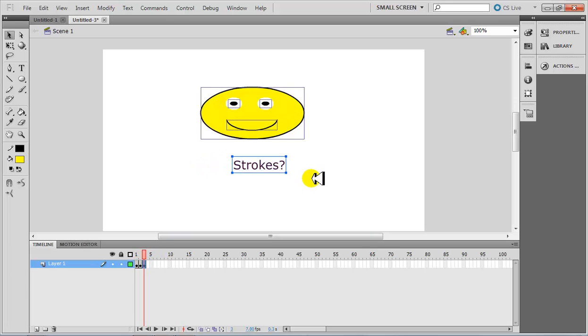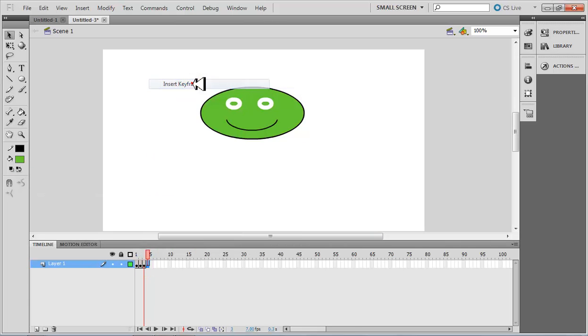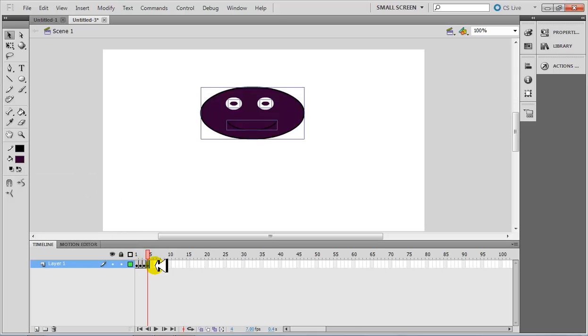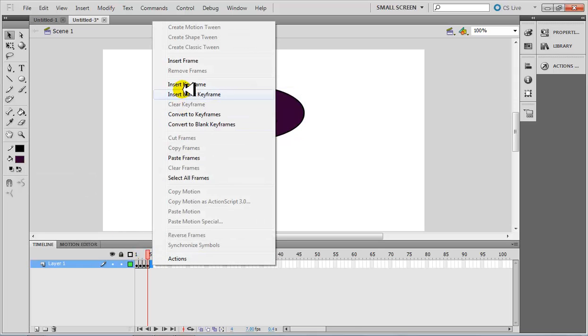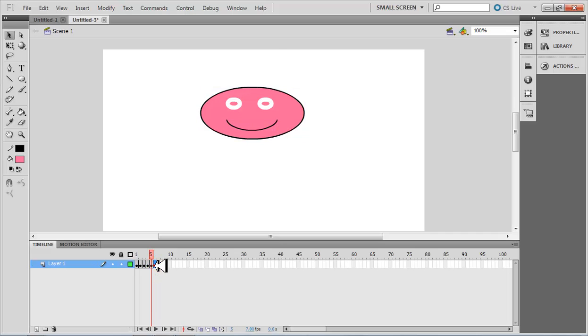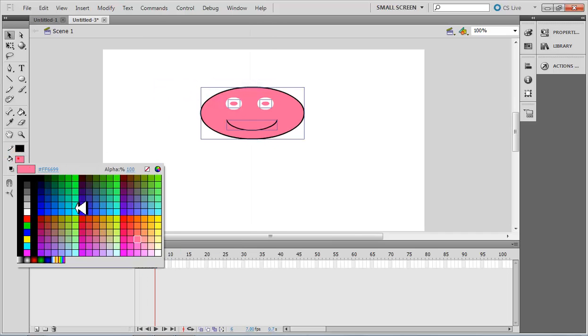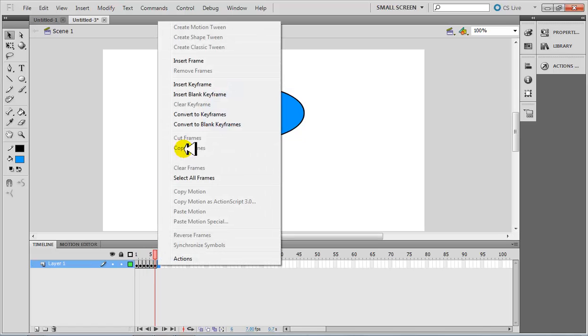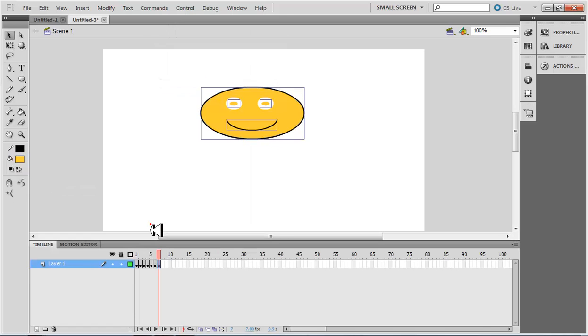These are strokes, and I'll just delete this now, and I'll keep it there in the same position, only the color I will change. So the color is now in this case green, and then insert keyframe, which will copy from before whatever there was, and now I can change the color to something else, insert keyframe again, which will copy whatever there was in the previous frame, and I'll do this pink or purple, again insert keyframe, change the color to something like this, and you can keep doing that for